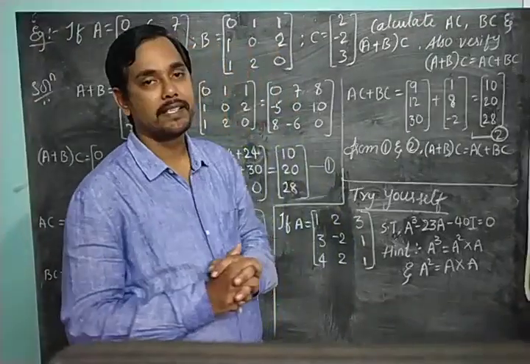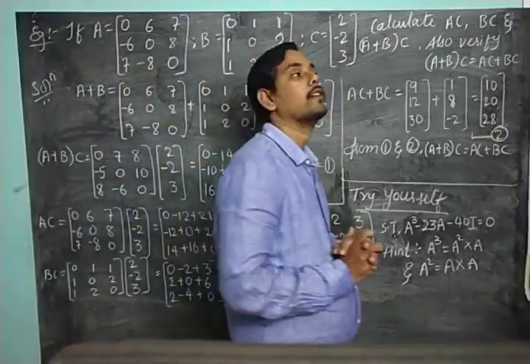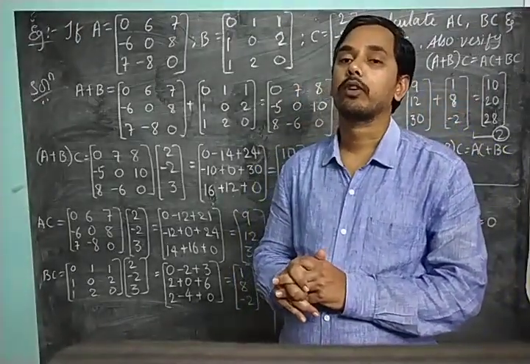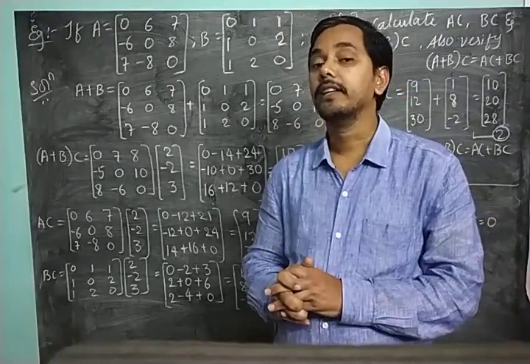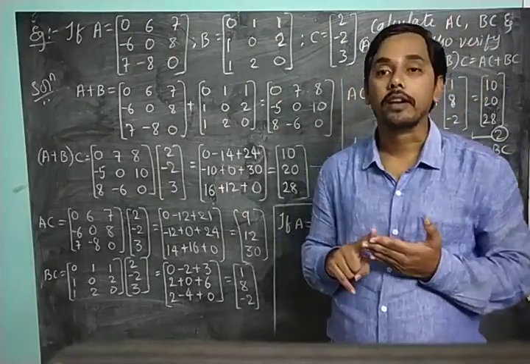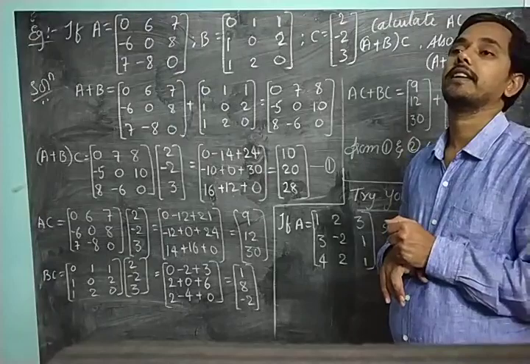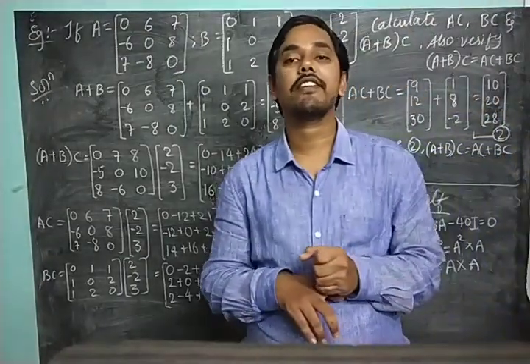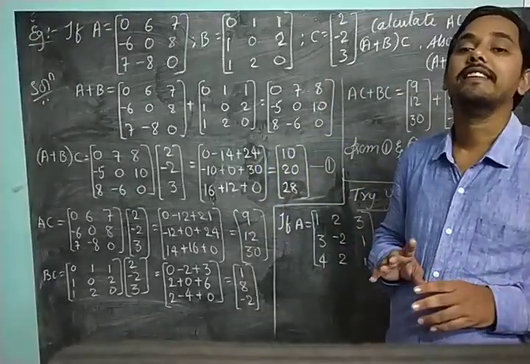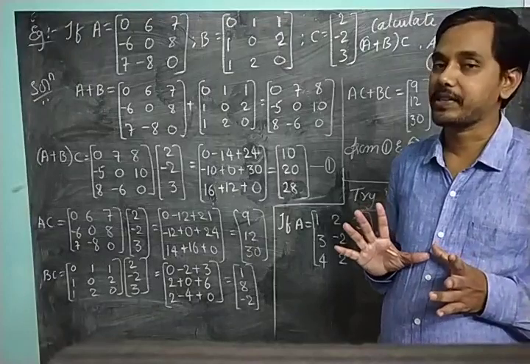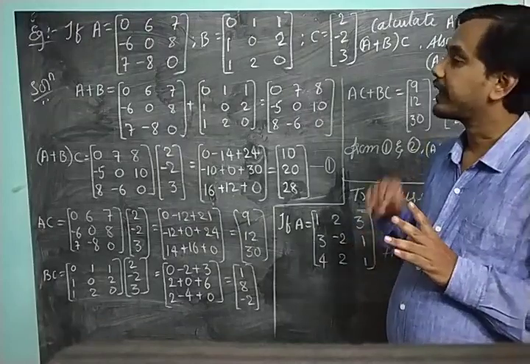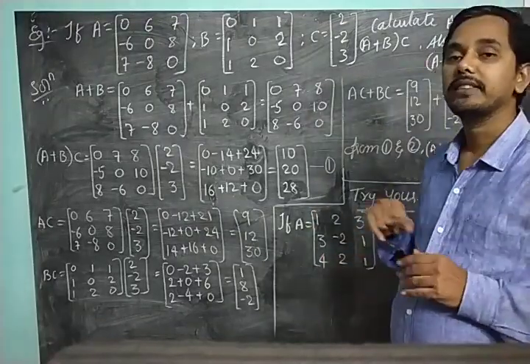You can take any matrices, but one thing should be clear. If you are checking the properties of addition, whatever matrices you are taking should be of the same order. Coming to multiplicative properties, the orders on both sides of the equation, that is on LHS and RHS, should be well defined. That means you should be capable of multiplying the matrices. If that is not possible, then you cannot prove the properties here. Keeping that in mind, you can take any example, and these properties will be satisfied.